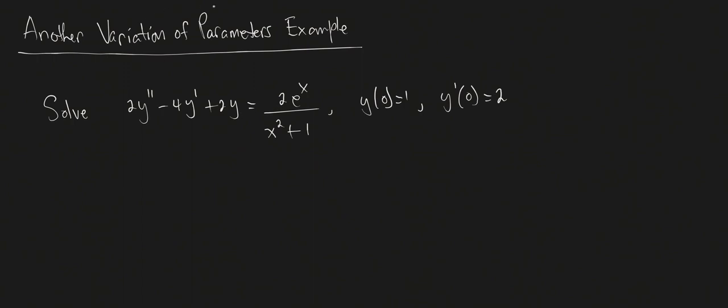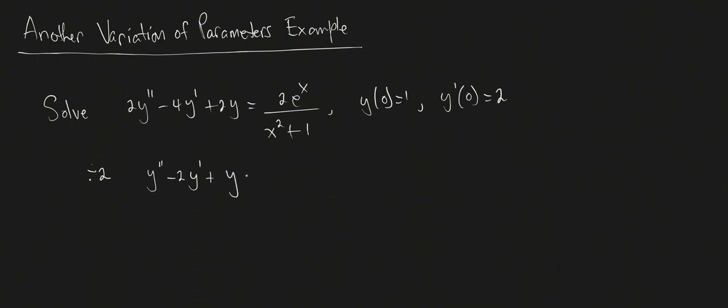Now, in the variation of parameters method, it is important that we have a leading coefficient of 1 in our differential equation. So in other words, the first thing I'm going to do before I start solving anything is go ahead and divide both sides of the equation by 2. That will get rid of this 2, this 2, this 2, and it will make the middle coefficient on the left a negative 2. So if I divide by 2, then this is our DE. And that's one of the first things that you'd